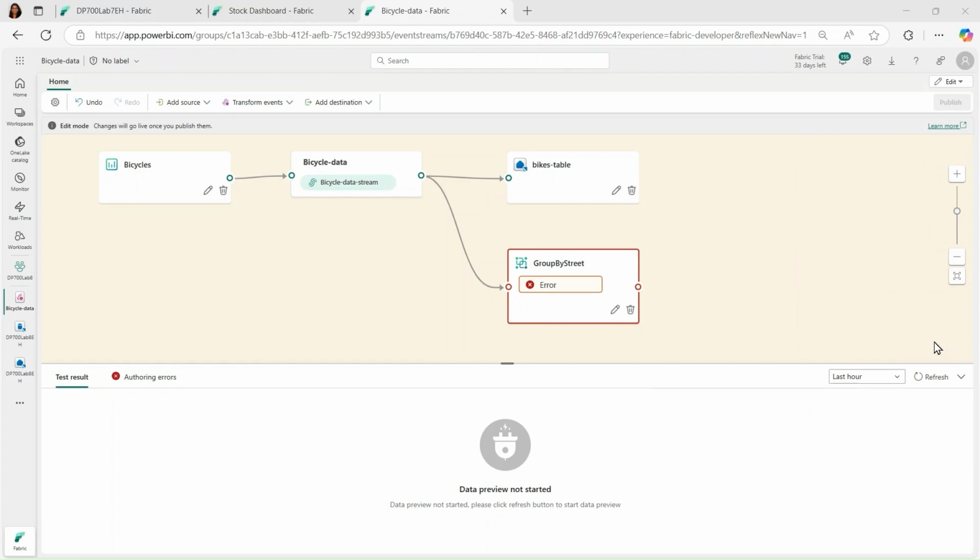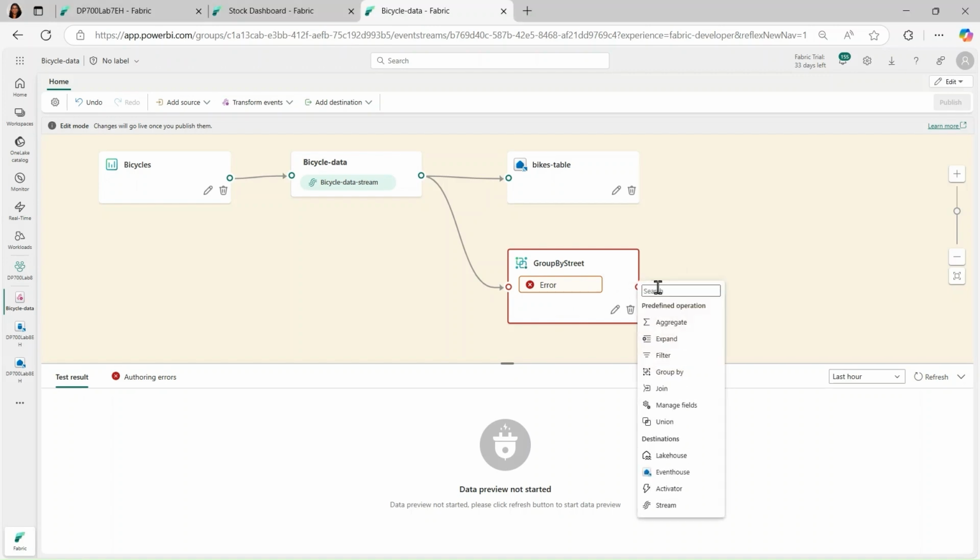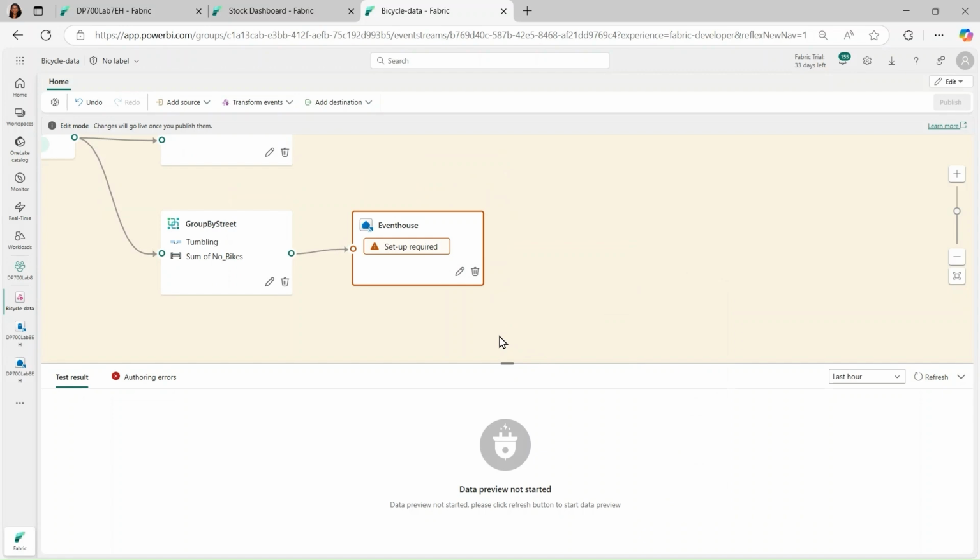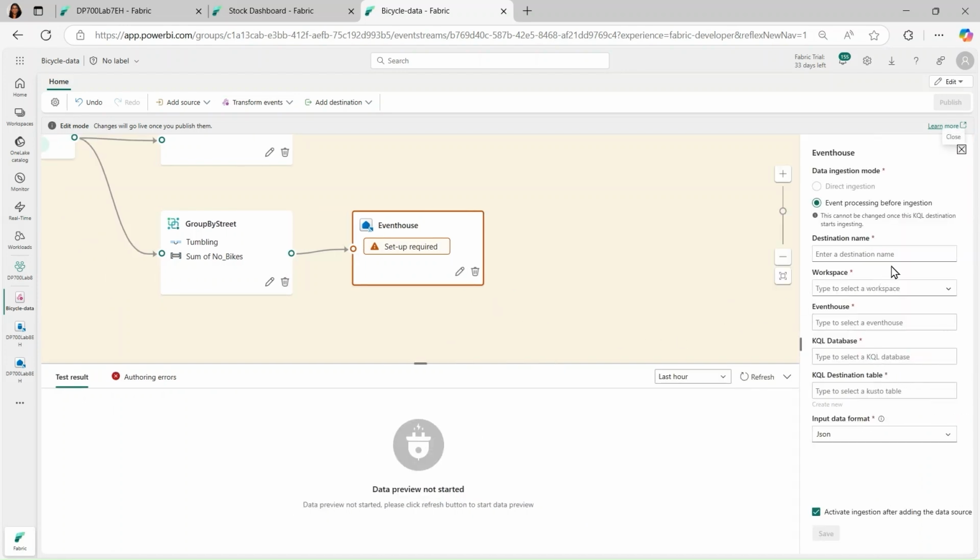So what I'm going to do is I'm going to go ahead and just kind of hover over this here and click the plus. And I'm going to have it write it out to the Eventhouse. And once I include that there, I'm going to go ahead and do some configuration of Eventhouse. So this is going to be, let's see, event processing before ingestion. The destination name, I'm going to call it Bikes by Street